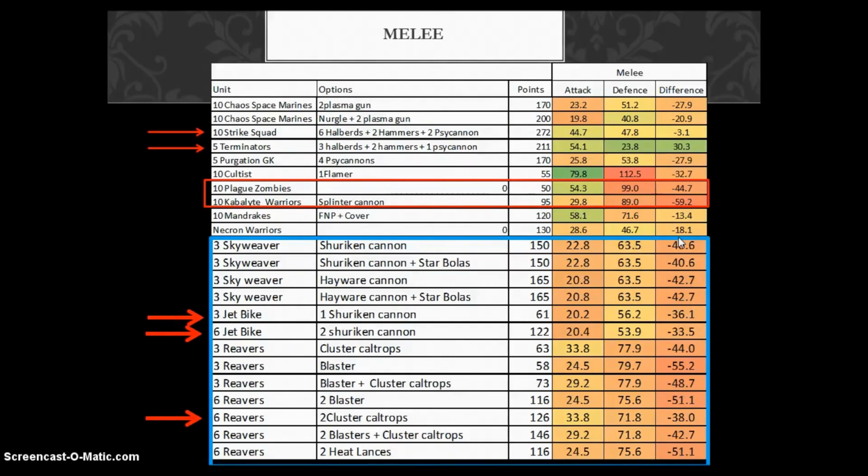If we look at melee, we see that bikes are not made for melee. Normally I do the attack, the defense, and then what you have to do is the difference. The attack is normalized; normally the defense is the attack they will receive back. We see that their offensive power is quite poor compared to other units that have good offensive power, like cultists,